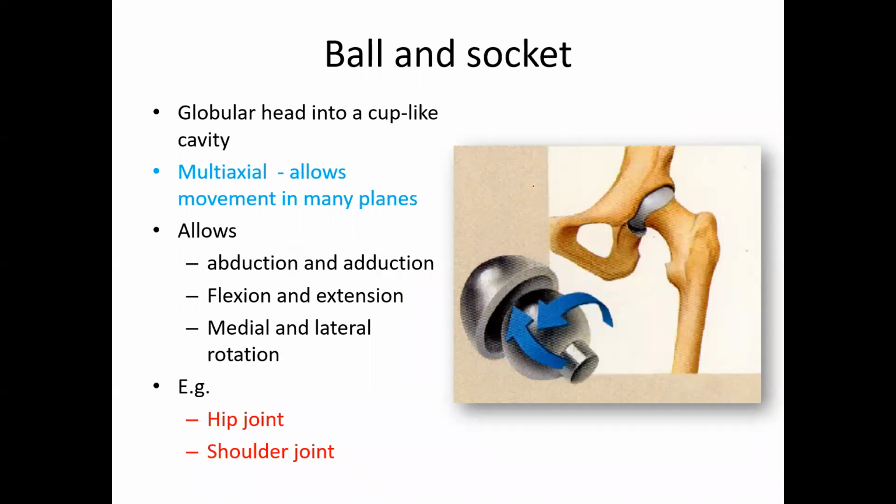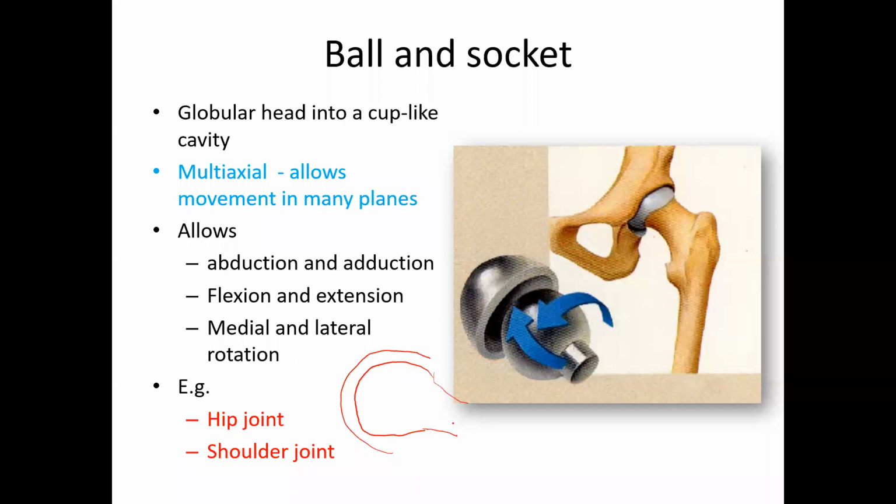Okay, then you have the other type, which is called a ball and socket joint. Okay, so a ball and socket joint is where you have a globular head and a cup-like cavity, right? So the globular head, or a globe-shaped head, and a cup where it fits in, right? So you have a cup-like surface and a ball-like surface which fits into it, right? So you have a cup and a ball like this,